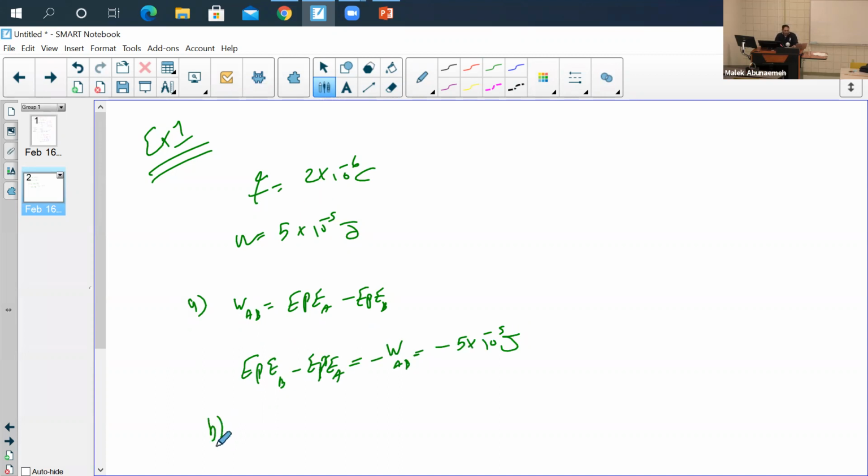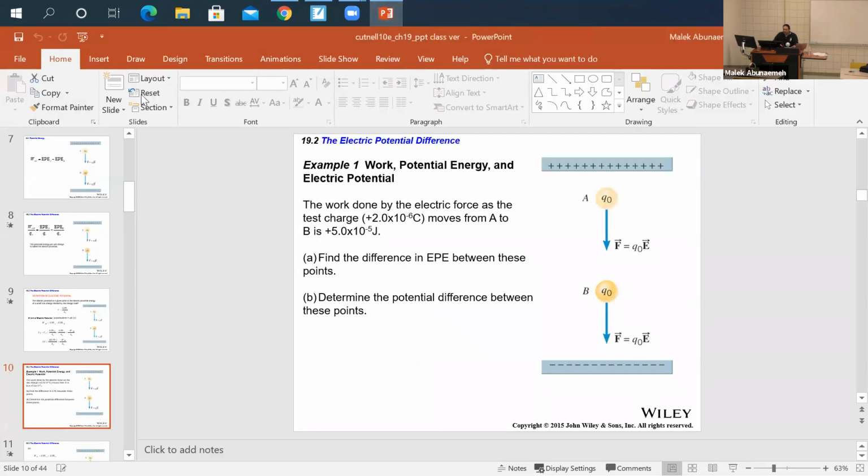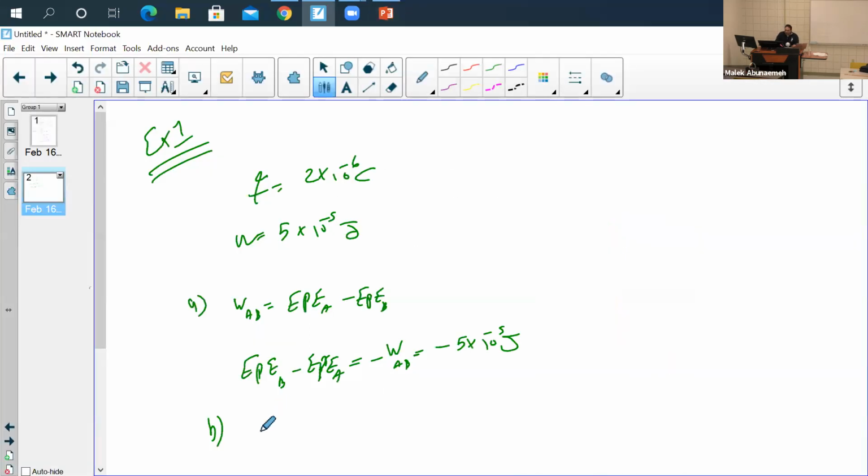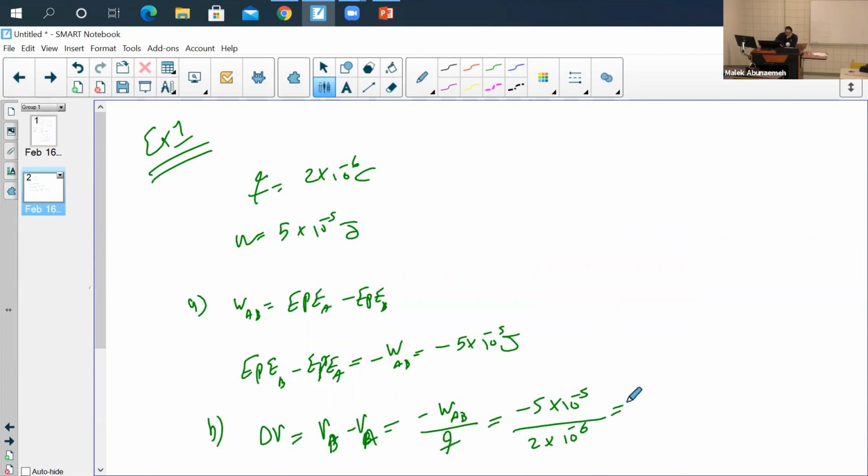For part B, let's see what part B asks for. Determine the potential difference. So we're looking for the voltage. So your delta V potential difference is going to be your voltage at B minus your voltage at A, which is going to equal minus work from A to B divided by that charge. So it'll be minus 5 times 10 to the negative 5 divided by 2 times 10 to the negative 6. And we should get